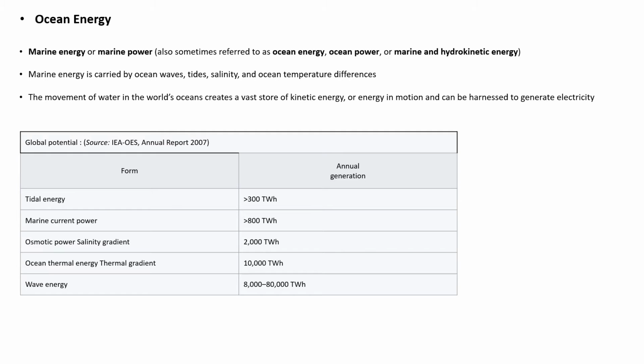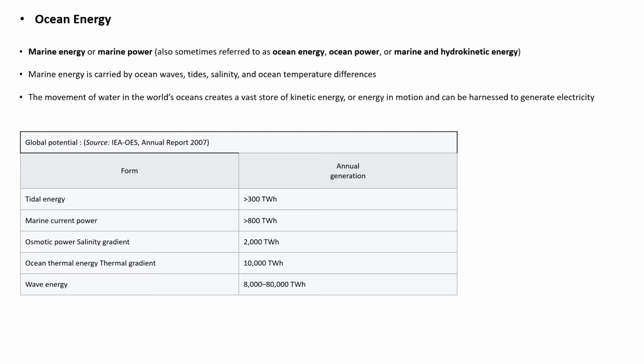Ocean energy is also known as marine power, marine energy, and hydrokinetic energy, which is associated with ocean waves, tides, salinity, and ocean temperature difference. The kinetic energy in the moving ocean waters can be converted into mechanical energy and finally into electrical energy to power homes and industries. Marine energy is harvested by means of different designs of turbines installed at different locations inside the ocean waters. There are mainly 5 forms of marine energy that are being worked out and researched, namely